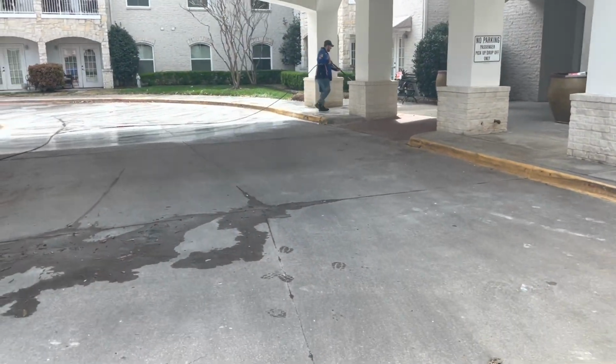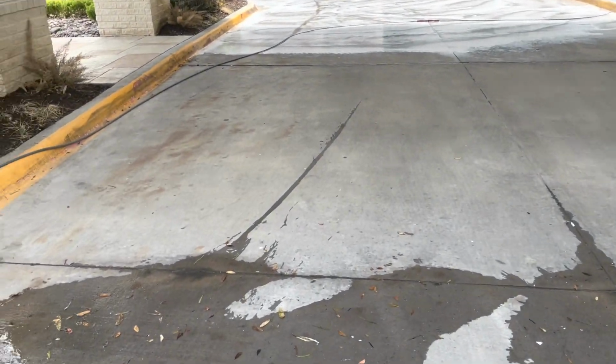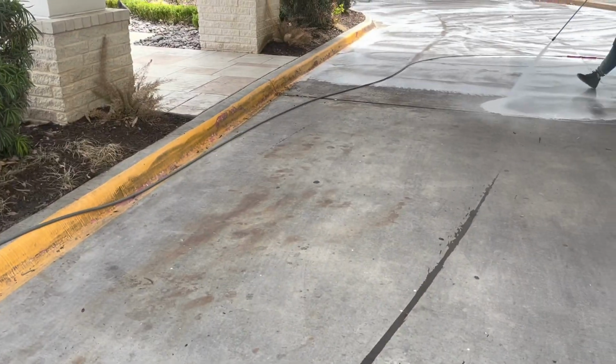We are out here in Carrollton, Texas today, taking care of another one of our customers. And just wanted to kind of show you this property and show you what all we're cleaning. We've got Gabe over here. He is getting everything soaked down. Gonna be going back through and getting like the rust stains and everything here, but